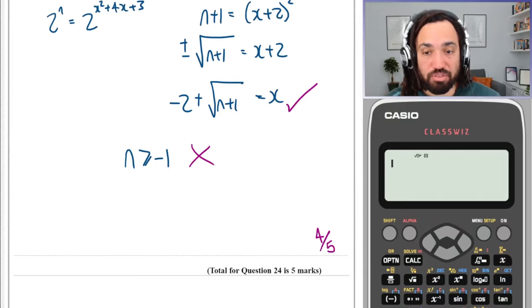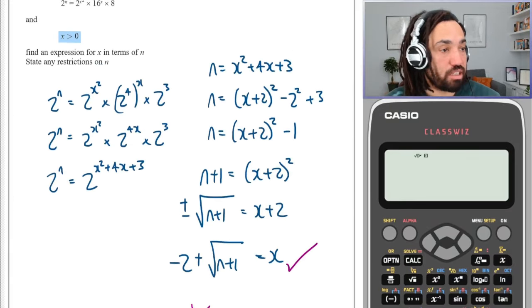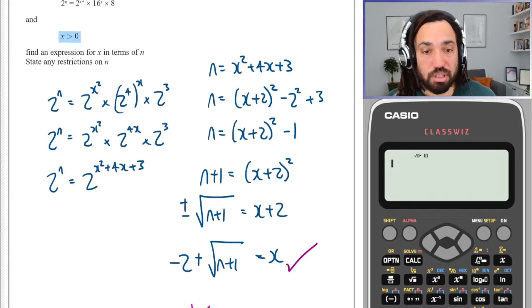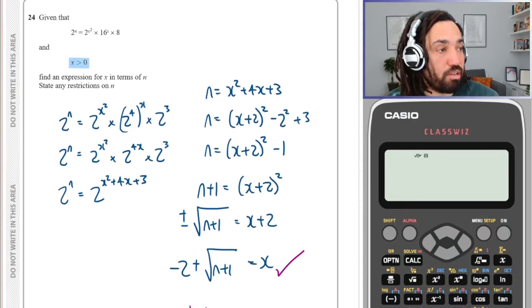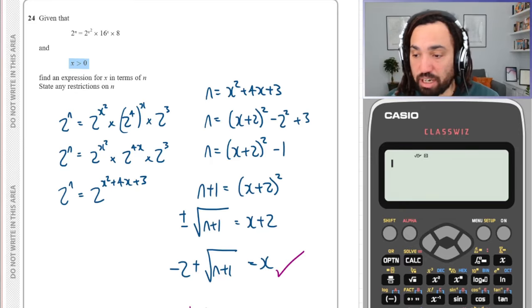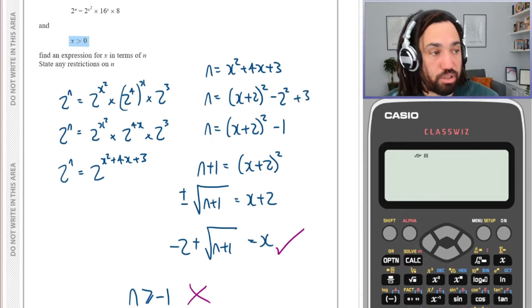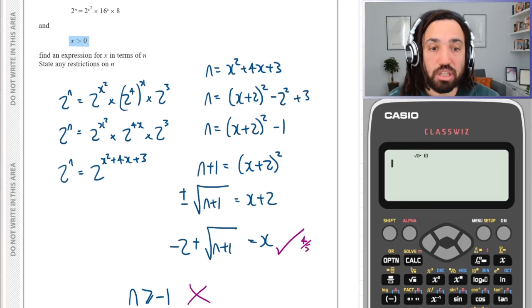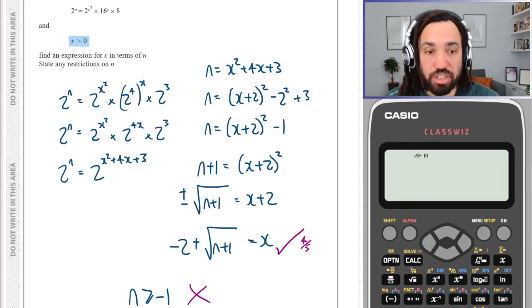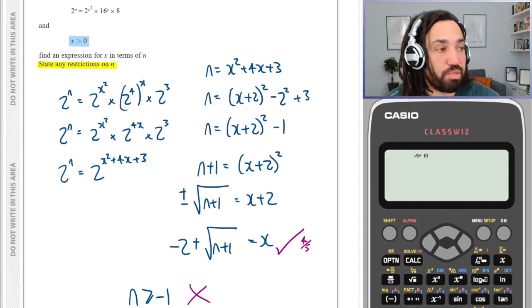mainly because I didn't fully understand what the question was asking me. So this question here, I did all the work correctly and found X, so that was good. So that got me 4 out of the 5 marks. But then it was the any restrictions on X, which I sort of underestimated, because